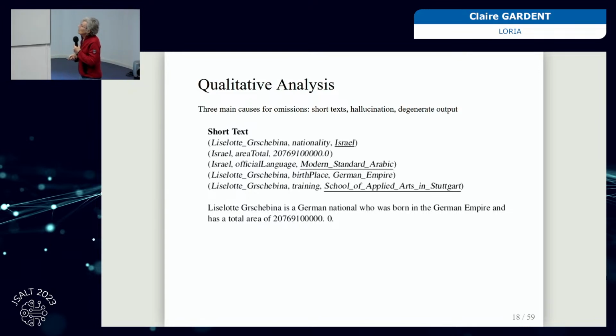Okay, so then we looked at what kind of text contains these omissions. And we found basically there's three main types of cases. One of them is when the text that is generated is short with respect to the input, so it's basically not verbalizing the whole input. Right? So here you see there's two entities missing, the text is very short, it just does not account for